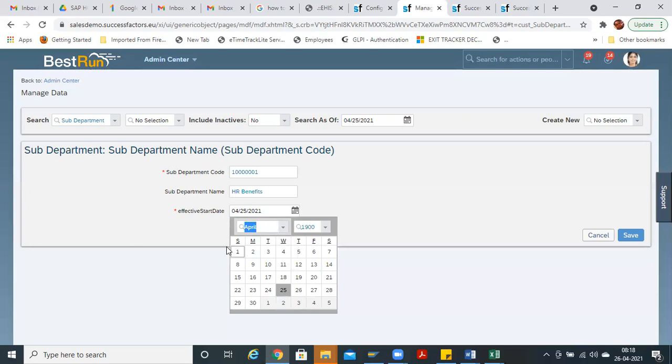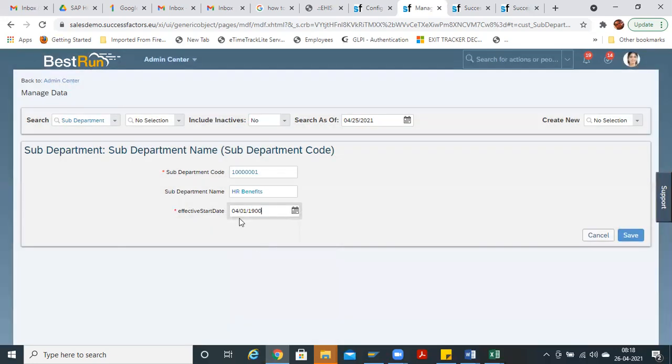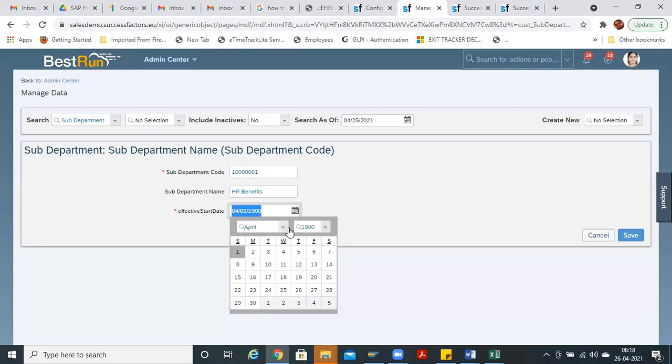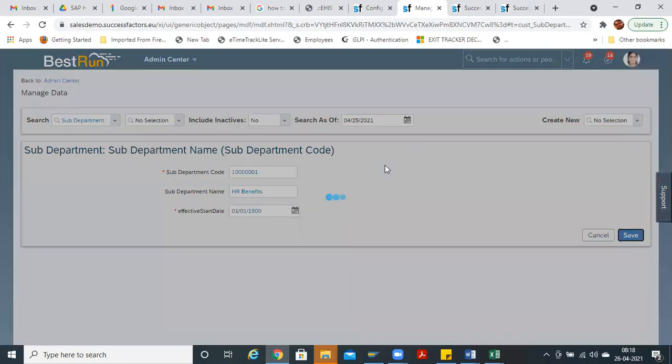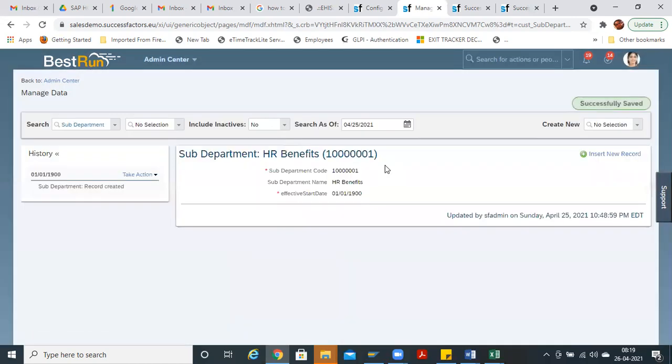So make sure you make it 1st April or 1st January, not April 1900. Then save it. This is how you create a sub-department.